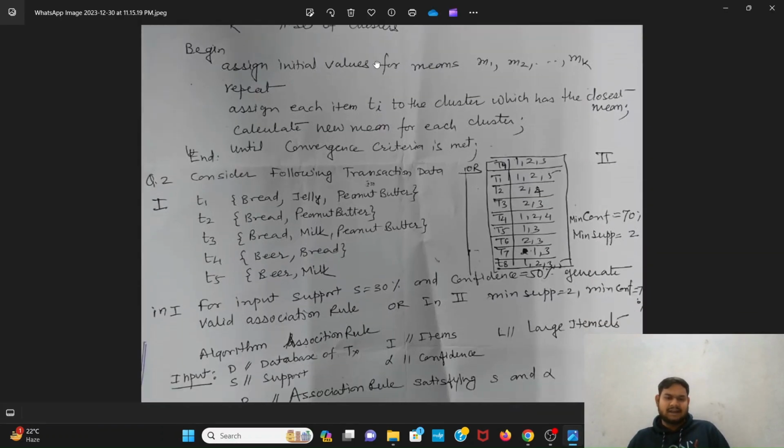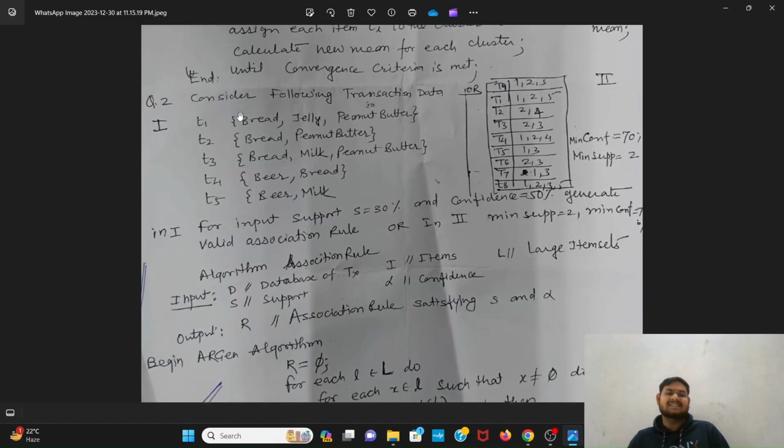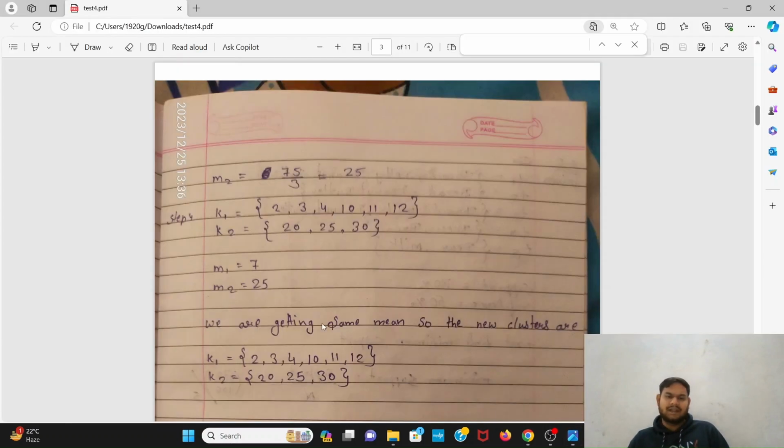Question number 2. Consider the following transaction data. T1 equals bread, jelly, peanut butter. T2 equals bread, peanut butter. T3 equals bread, milk, peanut butter. T4 equals beer, bread. T5 equals beer, milk. For input support S equals 30% and confidence equals 50%, generate valid association rules. The solution of the second question, part A, is